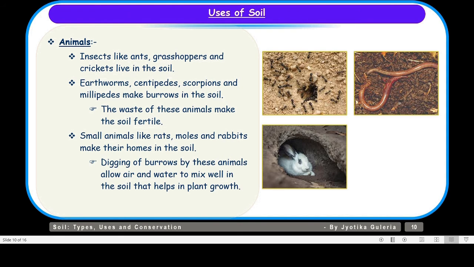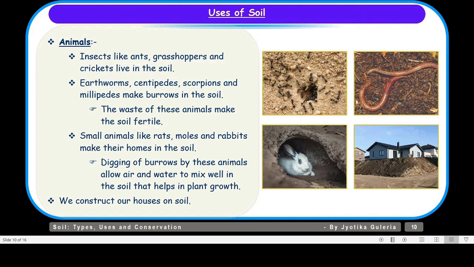And you should know that digging of burrows by these animals allows air and water to mix well in the soil, which helps in plant growth. And we construct our houses on the soil. So, children, soil not only provides food by the plants that grow in it, but of course, it gives shelter to big or small animals living on the earth.